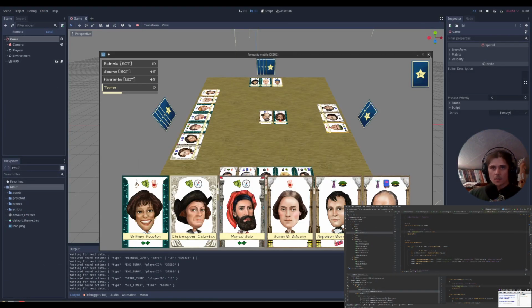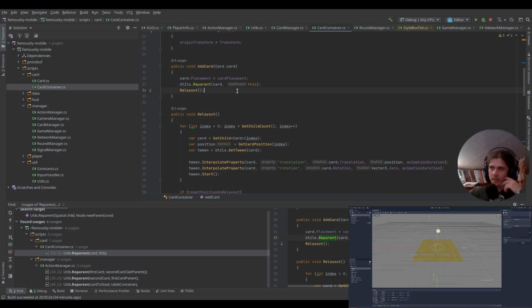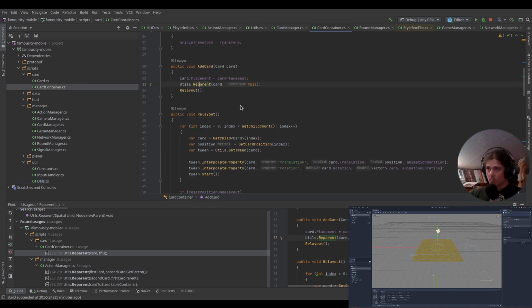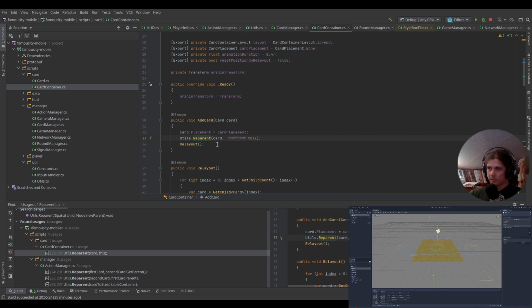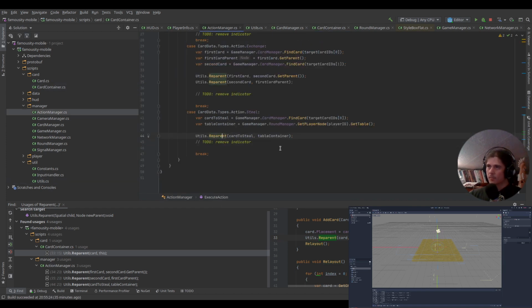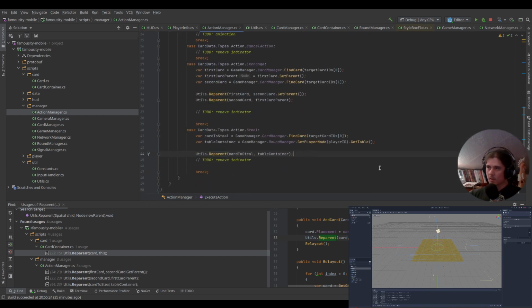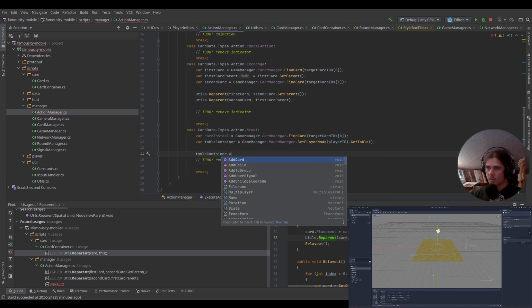Okay, so basically the problem is that one of those containers will relay out, but the other one doesn't. I thought they both do, but so it's only in the card container. Okay, so what I need to do here is, yeah, I'm doing it incorrectly. I shouldn't do the reparenting here. I should do the table container,